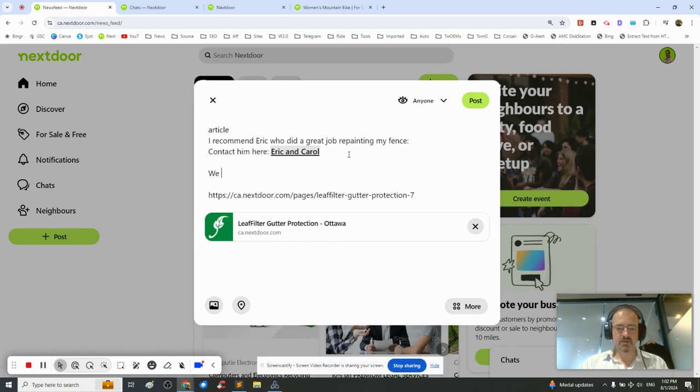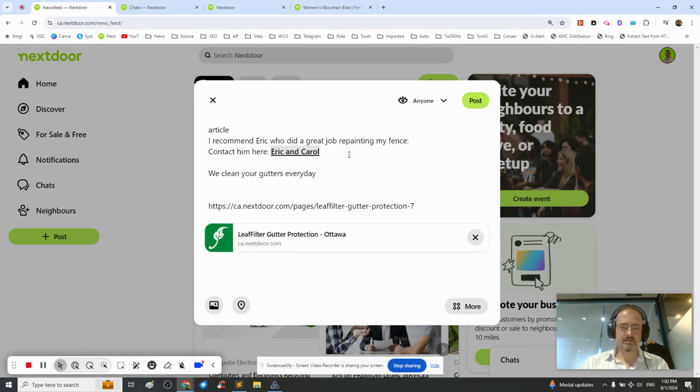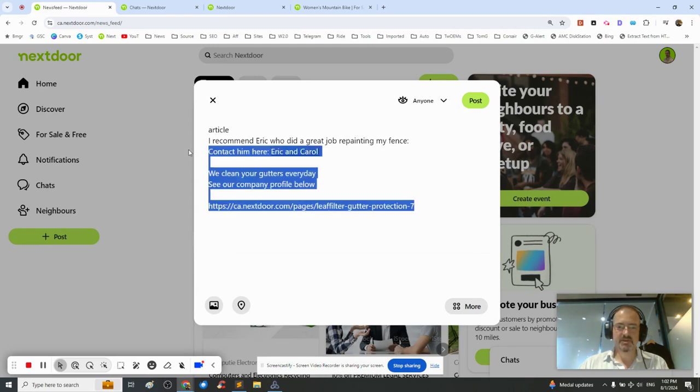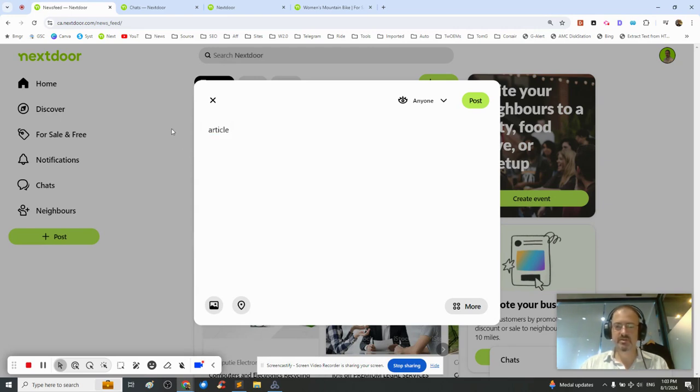We clean your gutters every day, blah blah blah. See our company profile below, and that's it. So this is the second one. That's an easy way to redirect people from your group publications or from your personal feed post to your